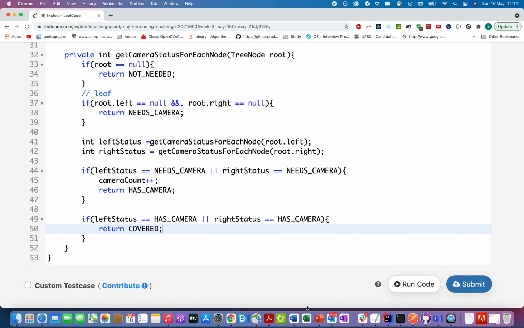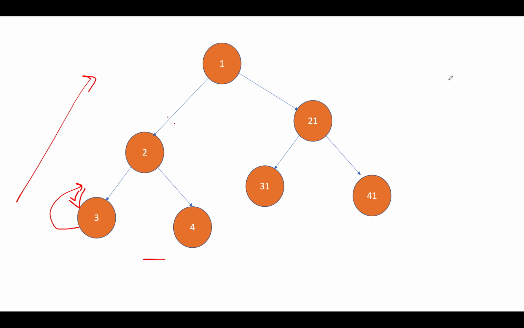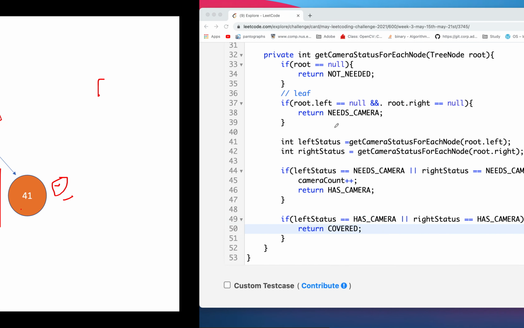So consider this as something like your left tree has one camera, so a camera is installed here, or there could be a case a camera is installed here. In both these cases, this particular node gets covered by virtue of these cameras, either ways, this one or this one. Therefore, we don't need a camera at this particular index. This is what we are doing here. So let's move on to the coding part.